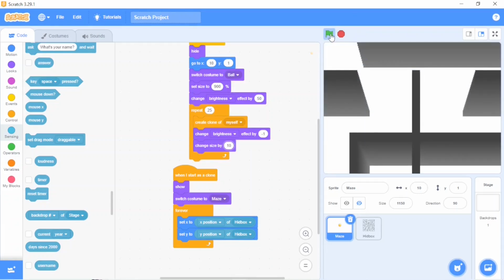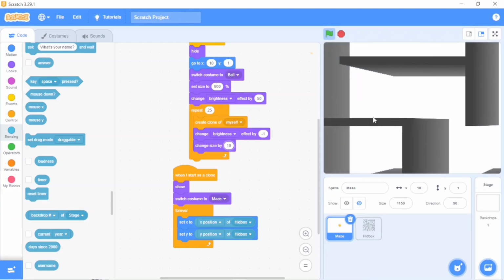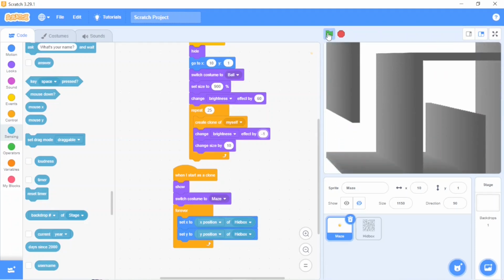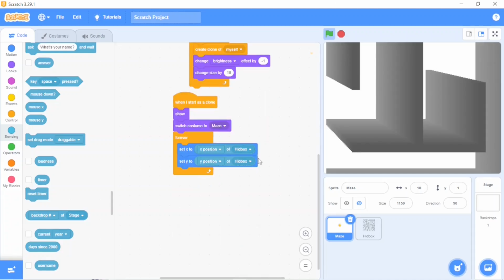You can see it shows a little smooth on the surface, right? This thing. So this is our 3D maze. To make it more 3D effect, what we need to do over here, we can multiply its size and divide it by the actual size of the hitbox. So it will look like a more lively effect on the maze, like it's moving like a movie scene.